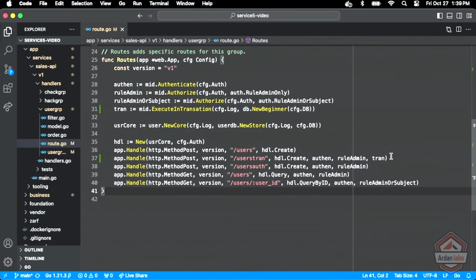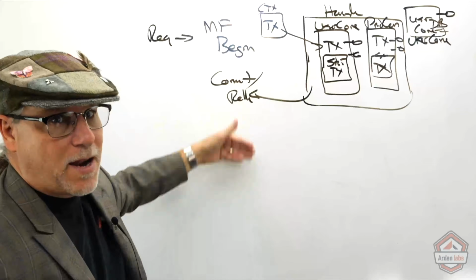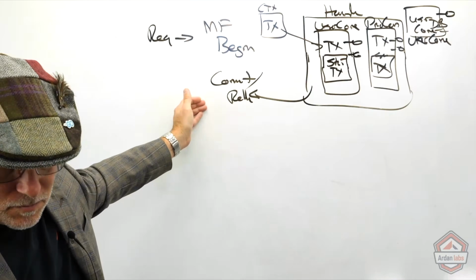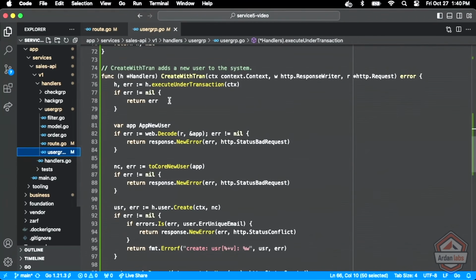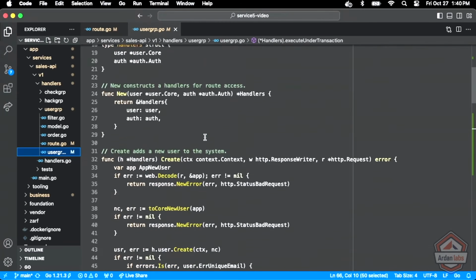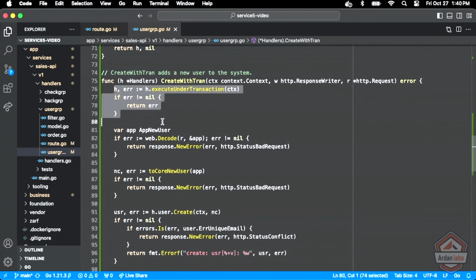So look, what does the application developer need to do? Add the middleware. Once you add the middleware, that gives you this. Gives you the begin, commit, rollback code behind the scenes. It also creates the transaction. Now that you've added the middleware, when we get into the handler itself, create, which one did I call? I said it was going to be called create with tran. The very first thing we do is call this little function,